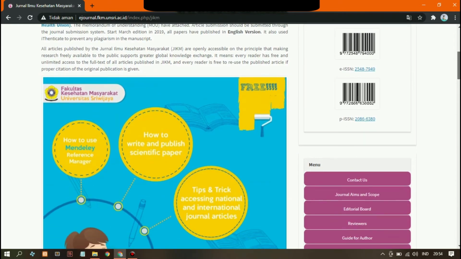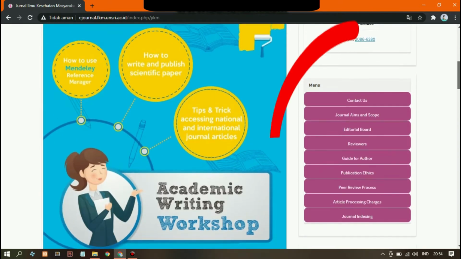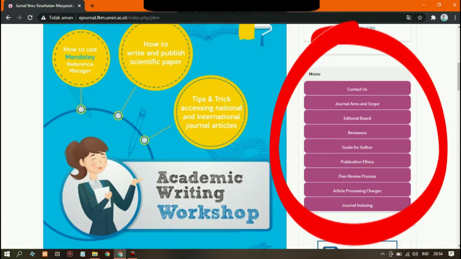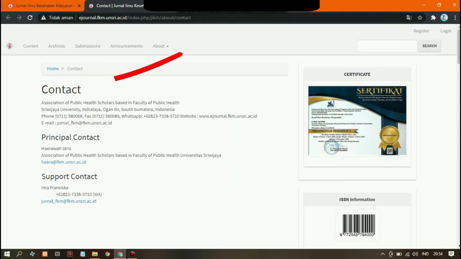Here you can see the page menu about Contact Us. It's the Association of Public Health Scholars based in the Faculty of Public Health, Sriwijaya University, Indralaya, Ogan Ilir, South Sumatera, Indonesia.